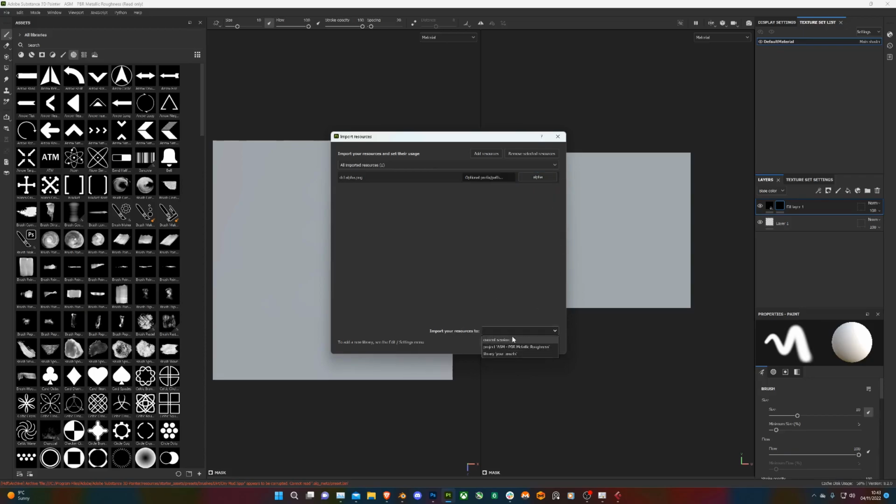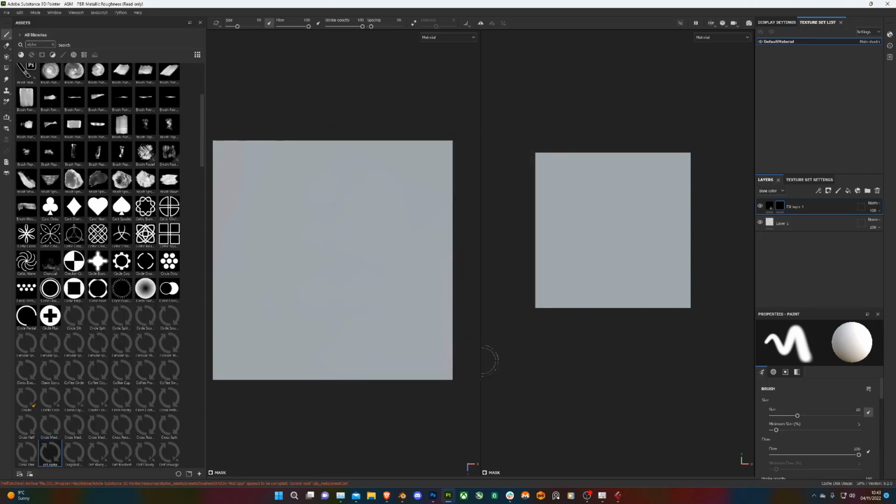Here you can either import it into just this current session, so when you close the session it's going to be gone, or into the project, so every time you open this project up then it's there, or your library, so even when you open up a new project, this alpha will be there in your library ready to use. I'm going to use that option here because I might be using this alpha again. So import that,